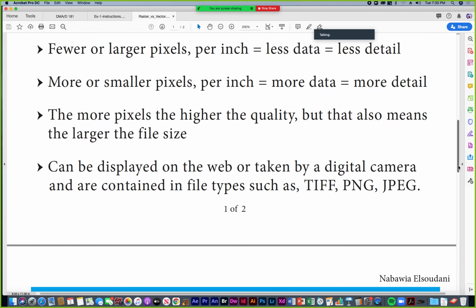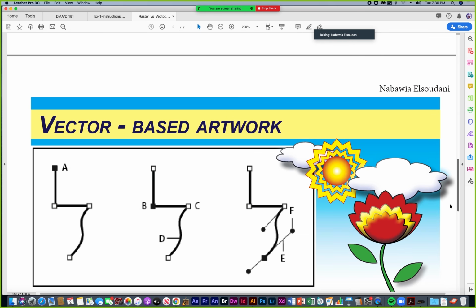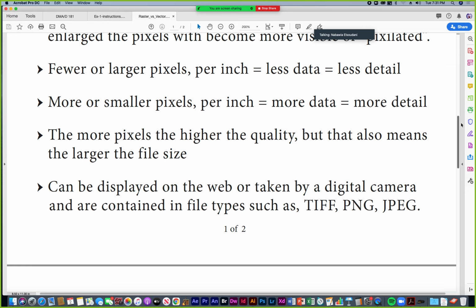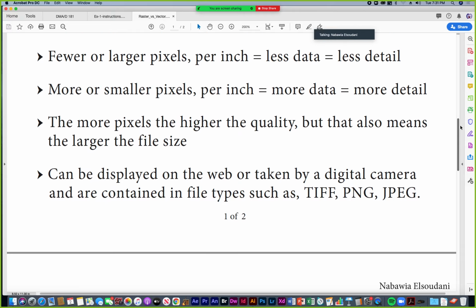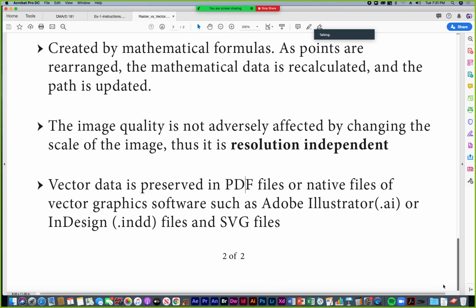PDF. Well, PDF is actually more like a container that can contain raster images or vector. Like this one, it contains both. But a purely raster image file type would be these here: TIFF, PNG, JPEG. There's also GIF. There's also BMP. There are others too. Okay,